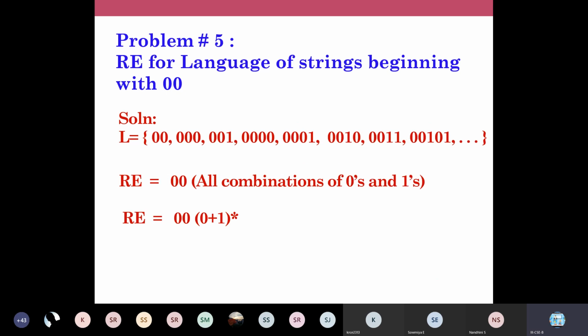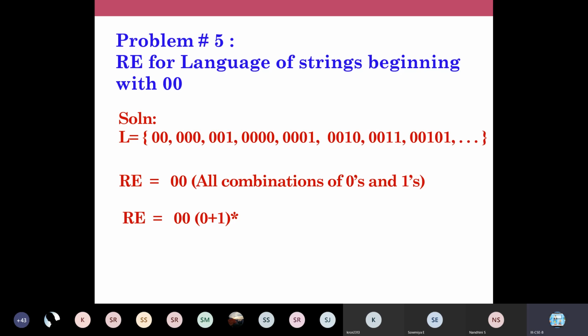I'll give you one more example. We are going to write a regular expression for the language of strings beginning with 0, 0. I hope you can write the language for this, because now I have defined some more problems. All these problems I have taken from the first unit where we constructed automata for these languages. So you have the answer in your hand. Regular expression for the language of strings beginning with 0, 0. So as a first step, you just write the language alone. L is equal to, inside the set bracket, you try to write some set of strings that begin with 0, 0. You take the input alphabet as 0, 1. Sigma is equal to {0, 1}.